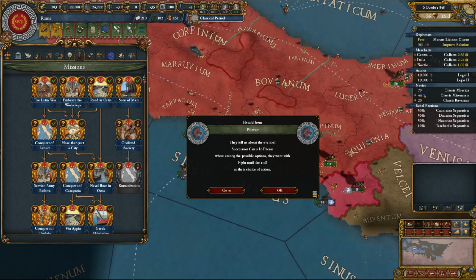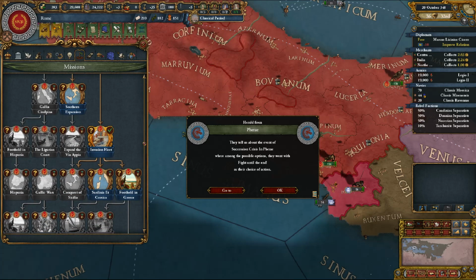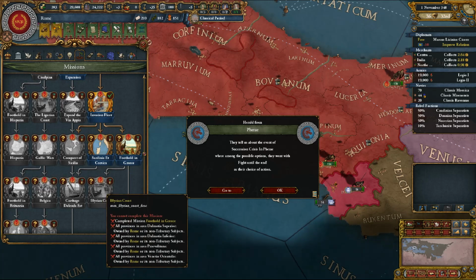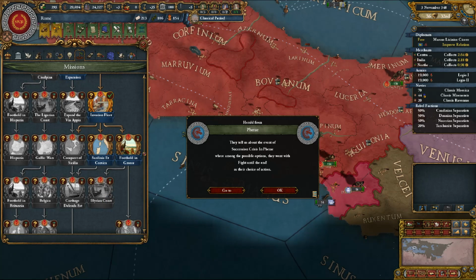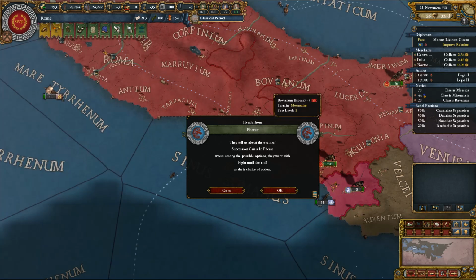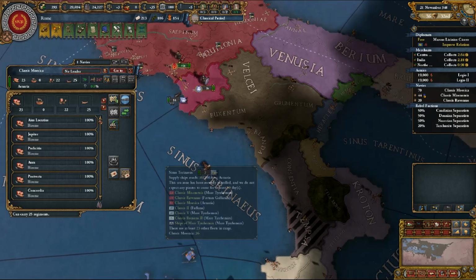That mission. Where are we? Naval base, Greek ship design, invasion fleet. No, actually I don't. I don't have to, do I? But, needless to say, I am going to need